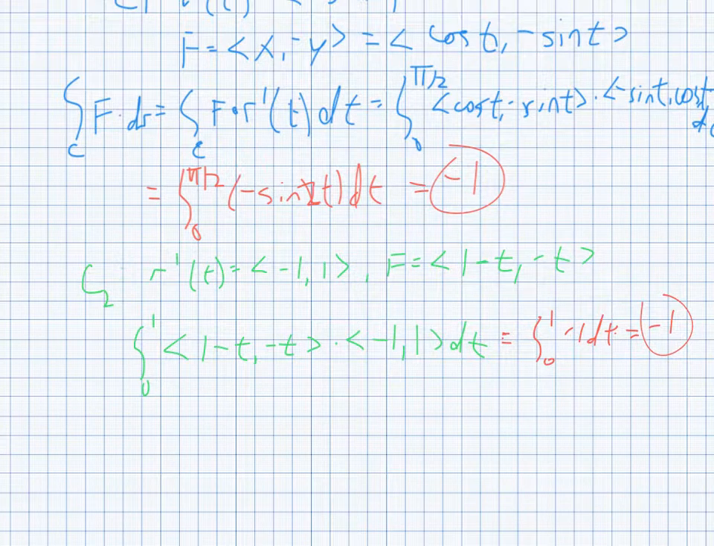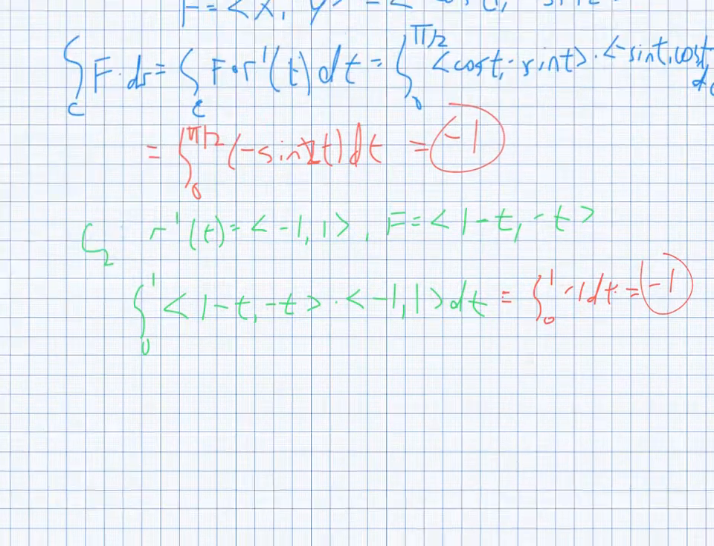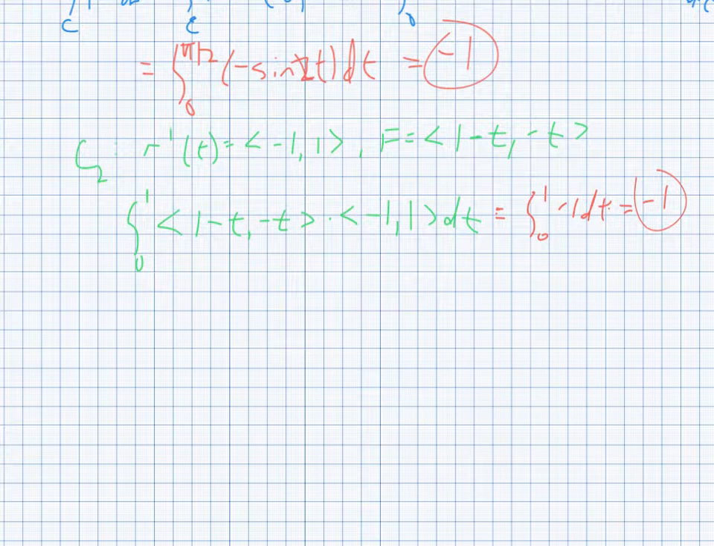The last step is to verify the last part of the theorem, that phi of b minus phi of a is also equal to, in this case, negative 1. So our phi function, remember, that was x squared plus y squared over 2, again from the beginning of the problem. So if I take my phi of b minus phi of a,